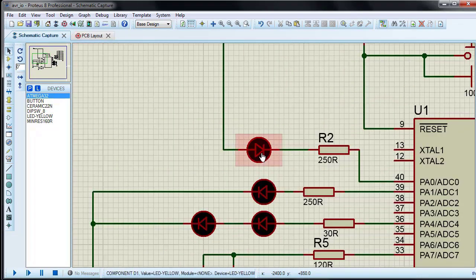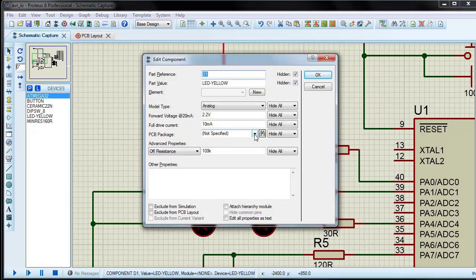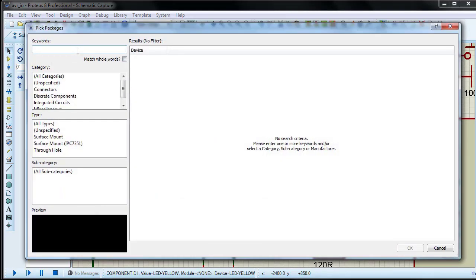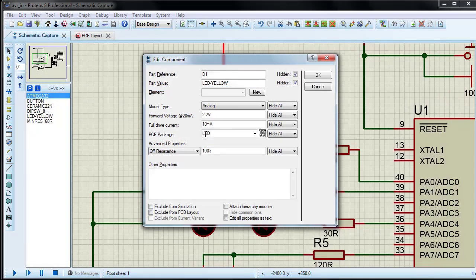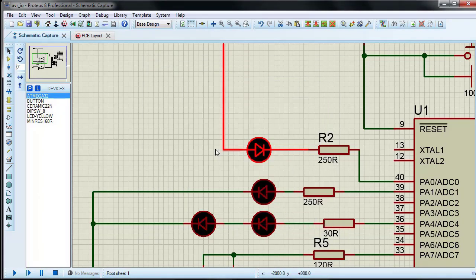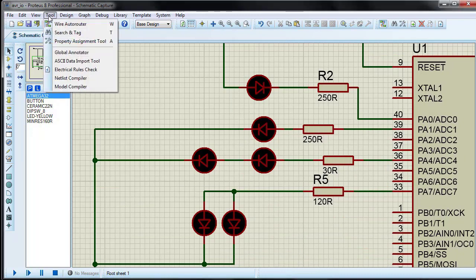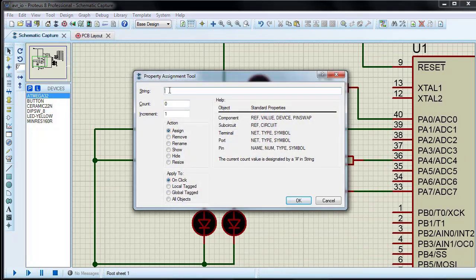Let's start with the LEDs. It is recommended to watch the video of the PCB of the common emitter amplifier. Search for LED in the packages library. It looks like a good package. To attribute the package to all LEDs, we use from the property assignment tool.